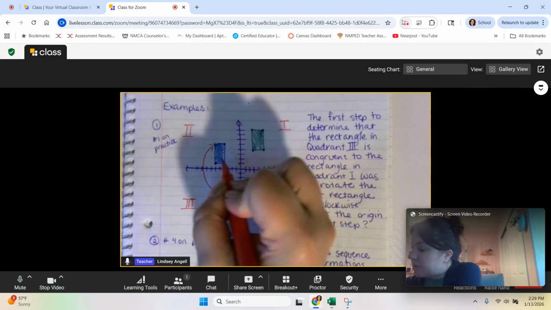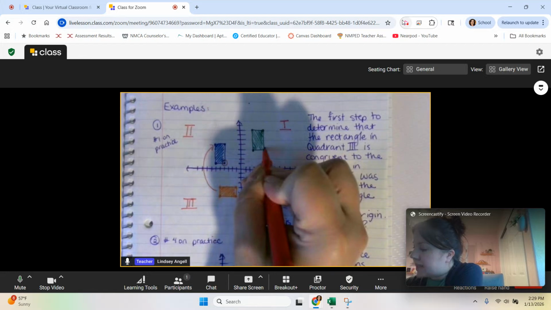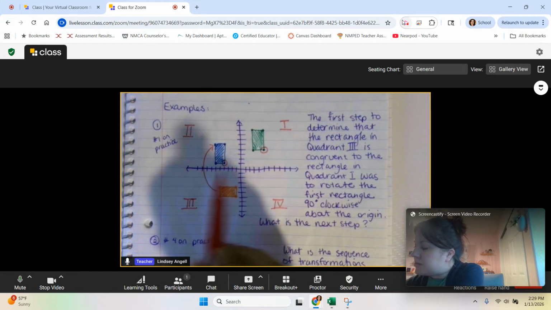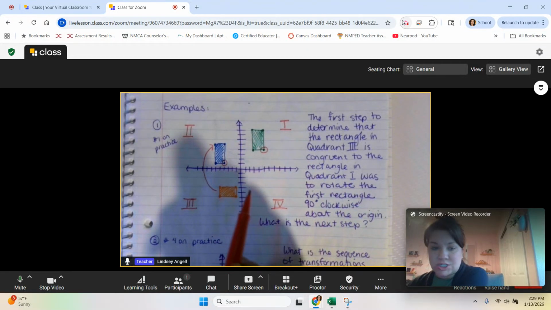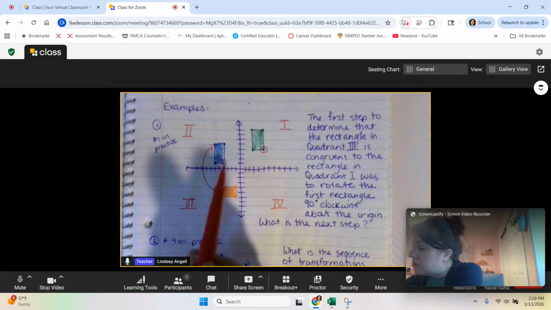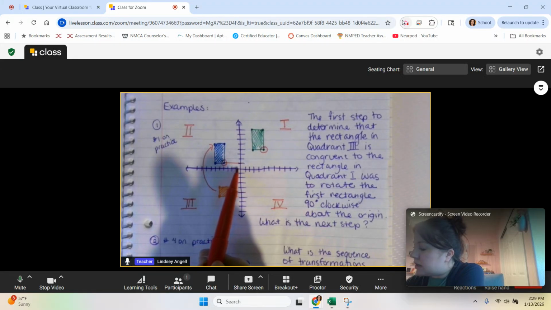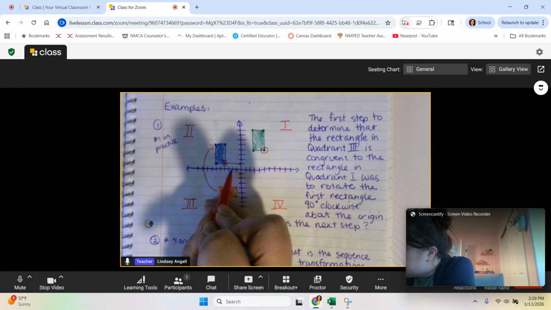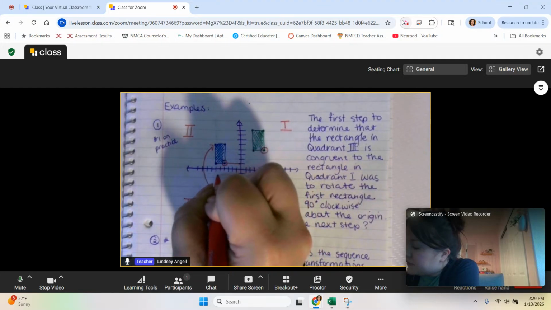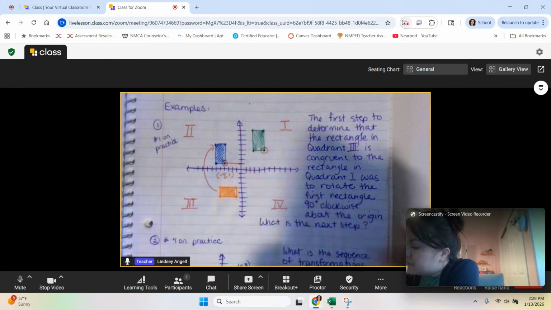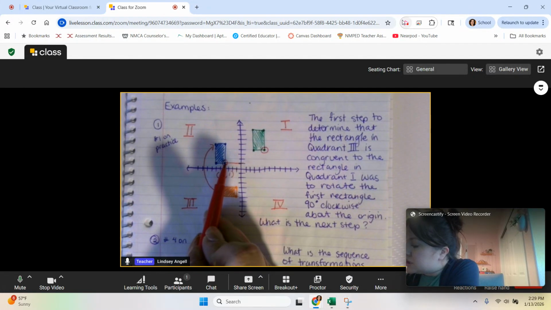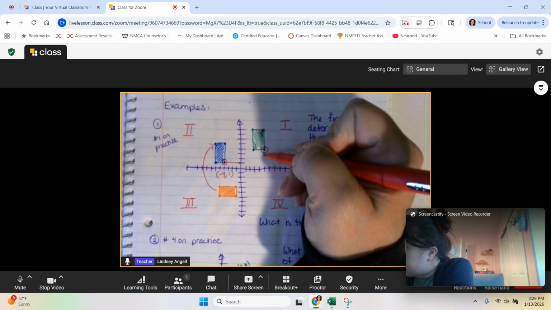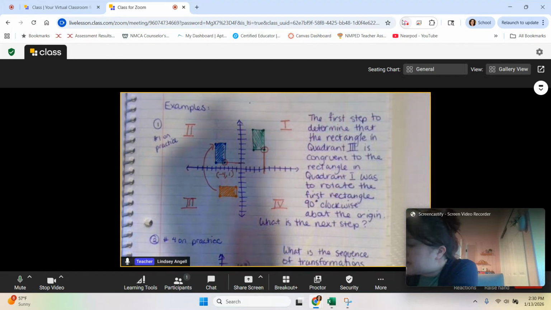So to do that, we could focus on just one point at a time. If I focus on that one, what I'm trying to figure out is how much did I move it? So from here, this one is at 1 and then negative 1 on the y value. But then let's see, 1, 2, 3, 4. So this first point is at -4, +1. So let's just focus on our x value first, okay? Our x value, we went from